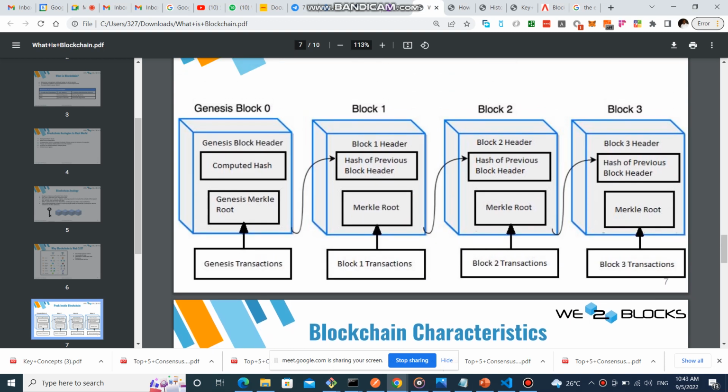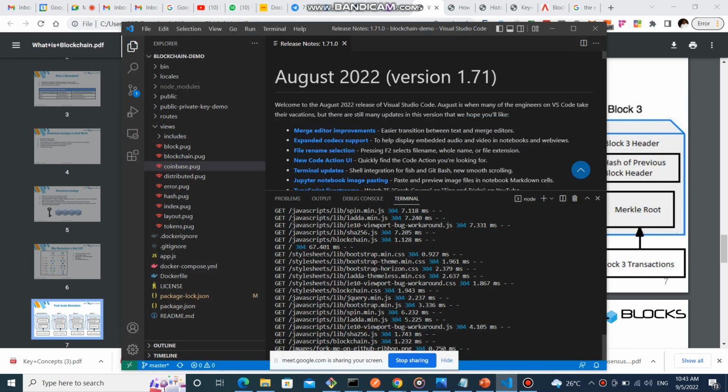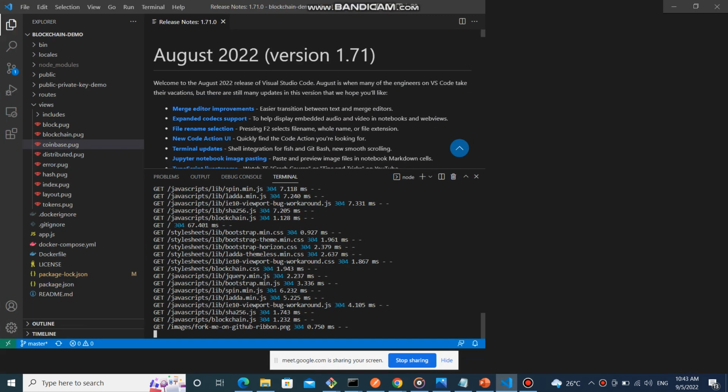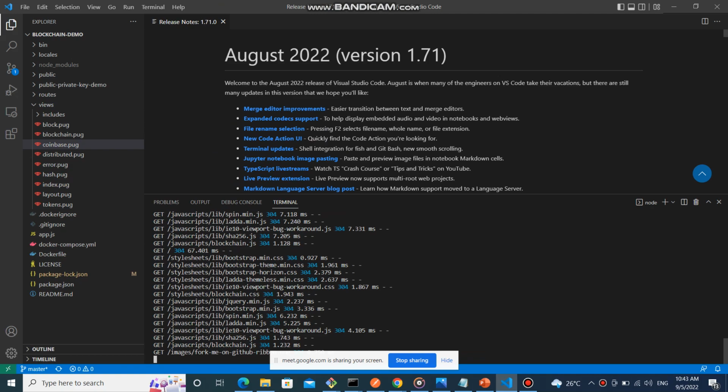So we do have this concept of a block. But before we talk about the block, I have this application. It was actually developed